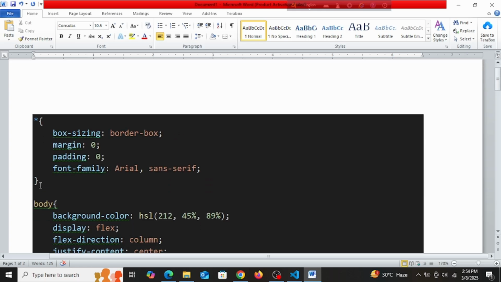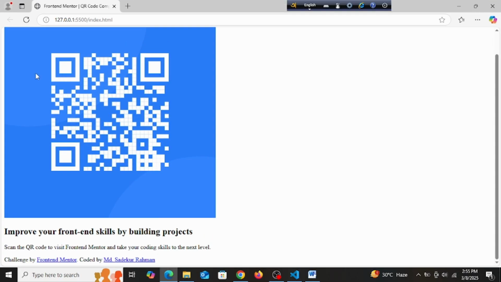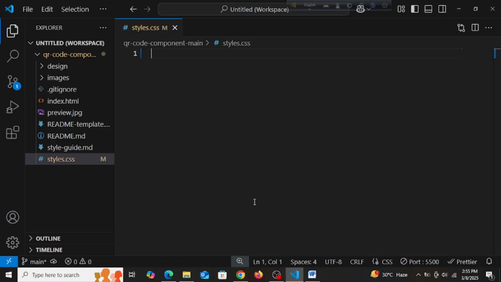We have this style, this asterisk, and this style is applied on the whole file, on the whole body. So box-sizing: border-box, what does it do, guys? When you say border-box, there will be no margin, padding and things. So let's say we have some space here, right? This is inside the